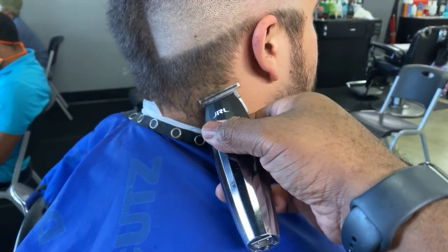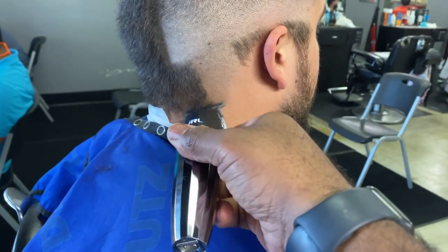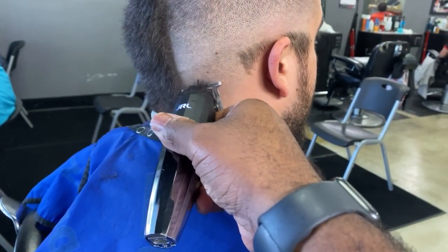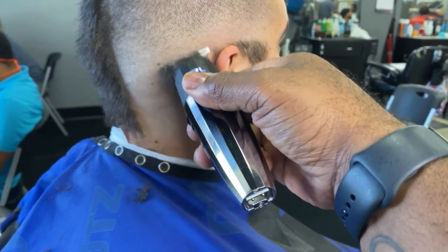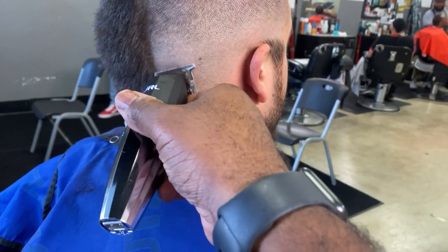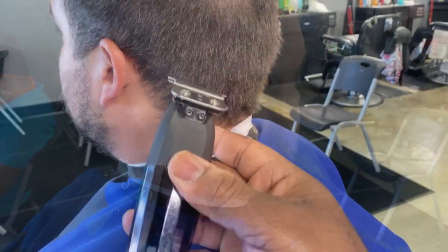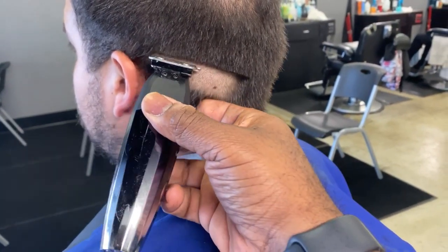I try to get a different texture of going against the grain. I mean, they cutting smooth. I did have to go through it a couple of times. They're not as smooth as the Babeless are with the bottom part. I mean, I don't hate the JRL 2020T. They're not my favorite. But as you can see, once you got that blade set right,